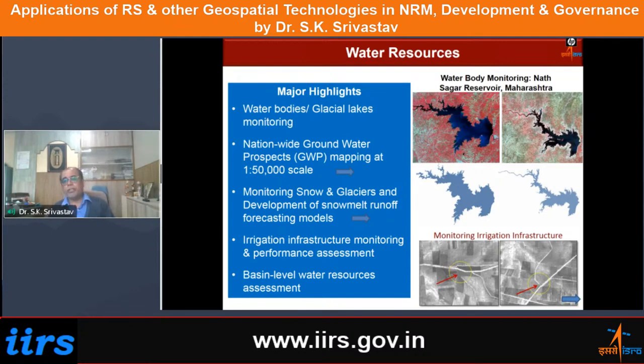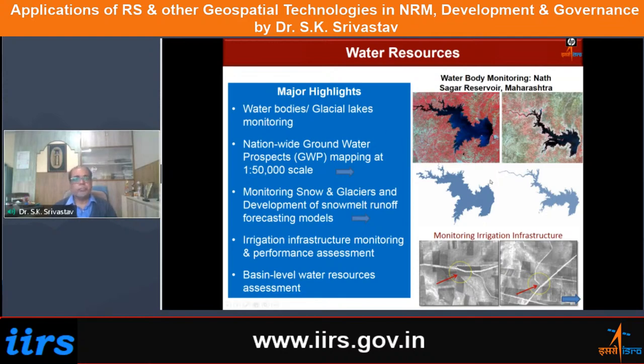So the message here, what I want to give you is that optical remote sensing data sets as well as the SAR data sets, they are suitable for mapping the water bodies wherever they are. And if we want to monitor them, that means how the spatial extent of the water is changing within a water body or within a reservoir or within a lake, then we need to have the temporal remote sensing data sets and map the water bodies and then take it to your GIS package and then see how the water is changing with respect to time. So this is one simple but very, very important application of the remote sensing data sets.